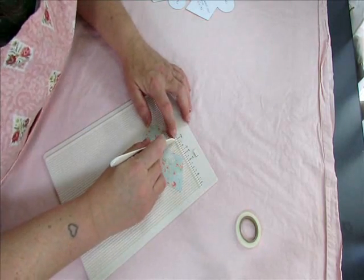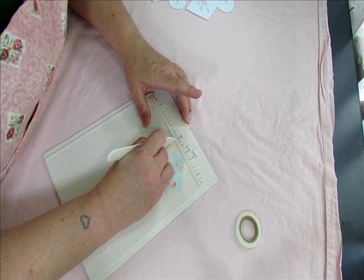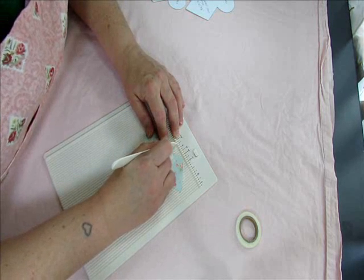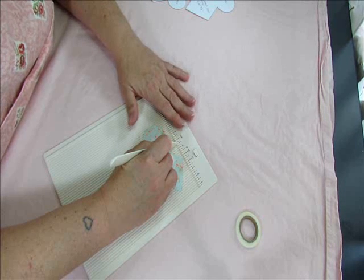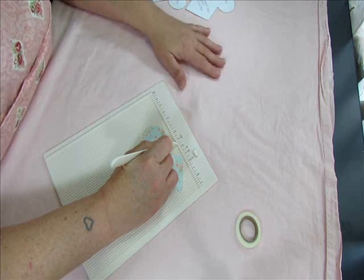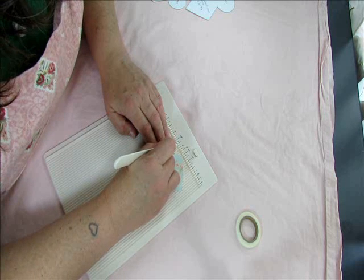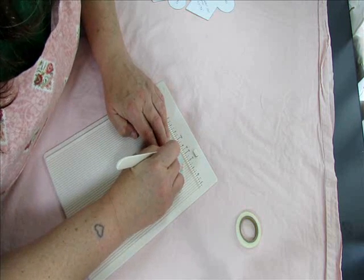Okay. So then you want to start scoring. This is the first one you want to do. Just start at the top of that, making sure it's on the proper score line, and you want to just go all the way down, and then the next 1/4 inch score line. Again, all of these pleats apparently work best on 1/4 inch because everything I found is scored at 1/4 inch. All right. So again, 1/4 inch, 1/4 inch,